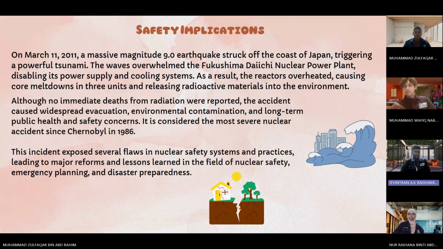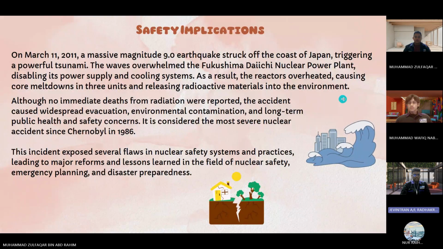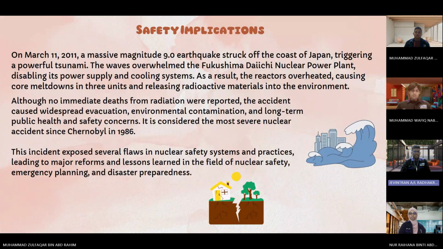On March 11, 2011, a massive magnitude 9.0 earthquake struck off the coast of Japan, triggering a powerful tsunami. The wave overwhelmed the Fukushima Daiichi nuclear power plant, disabling its power supply and cooling systems. As a result, the reactor overheated, causing core meltdowns in 3 units and releasing radioactive materials into the environment. Although no immediate deaths from radiation were reported, the accident caused widespread evacuation, environmental contamination, and long-term public health and